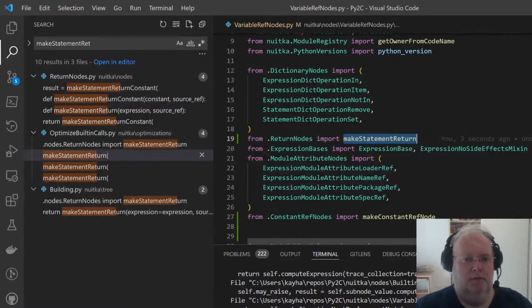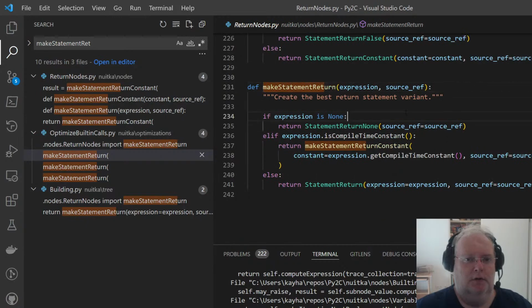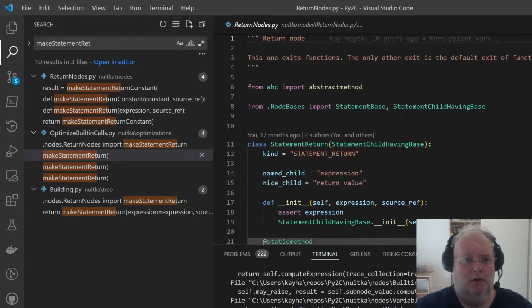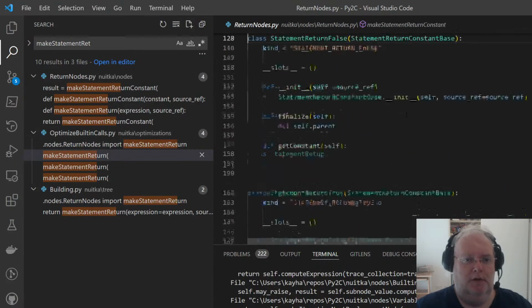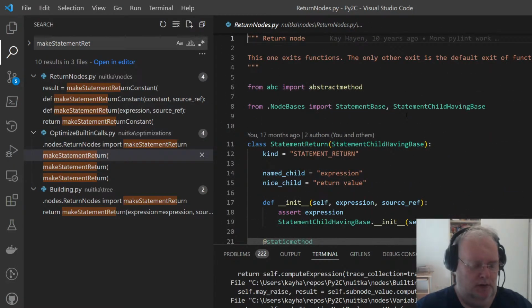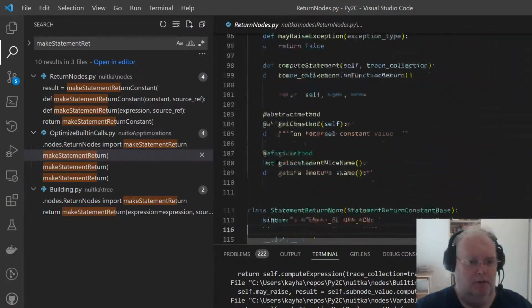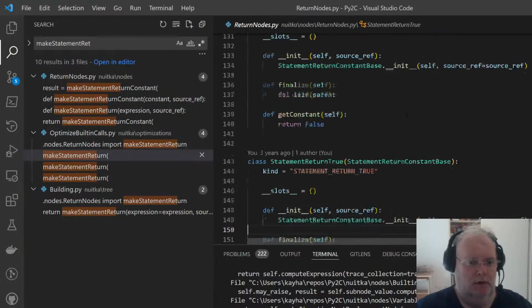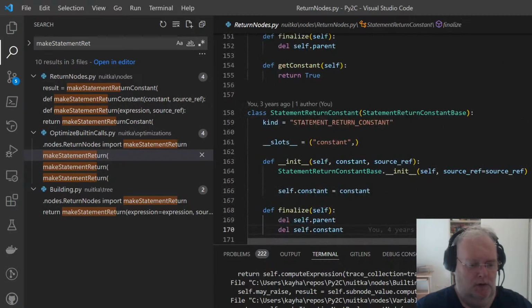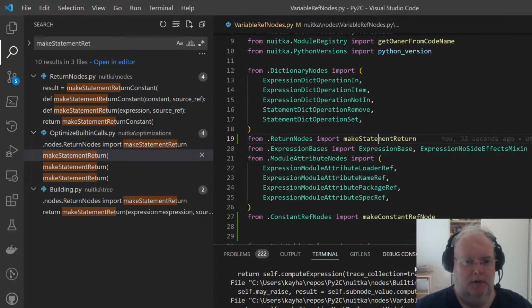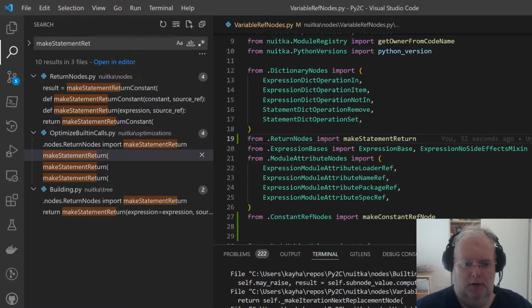But I think I will separate these nodes from the factory functions at one point. Because this function could work on, so the nodes and the factories should be separate, and maybe the factory is then more often node making helpers. I don't know, but I've not done it like this. So is the return statement here? Yes. Oh, it doesn't say much about itself.